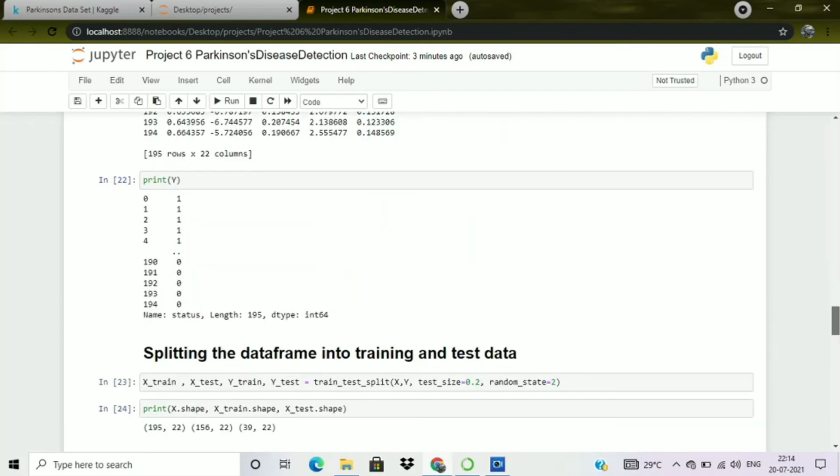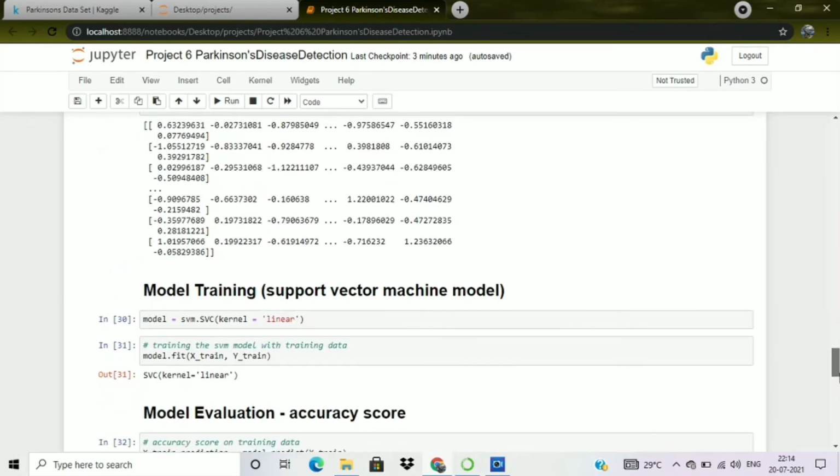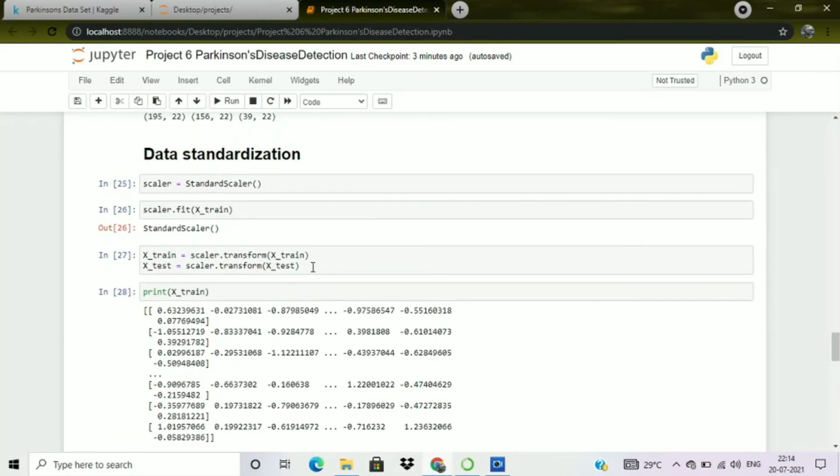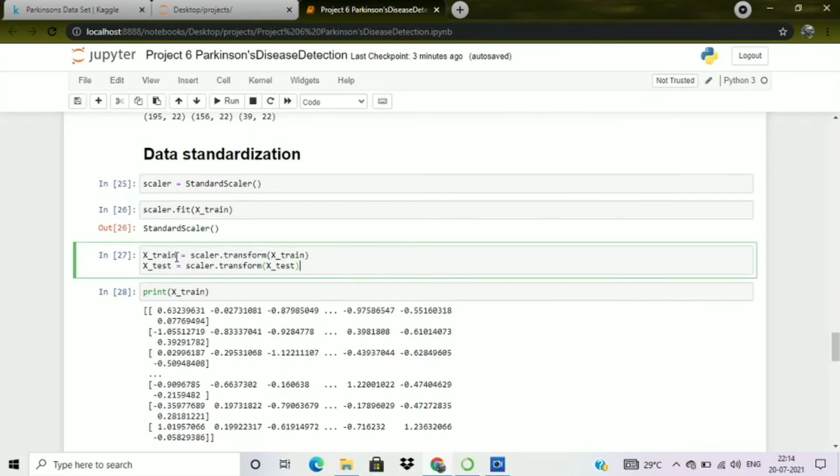So let's get back to the coding here. Here you can see that we have transformed our data frame, and we have loaded the transformed variables back into the same variables here, X_train and X_test. After that we are printing X_train again. Here you can see that now all the values are in a particular range. You can see that easily.